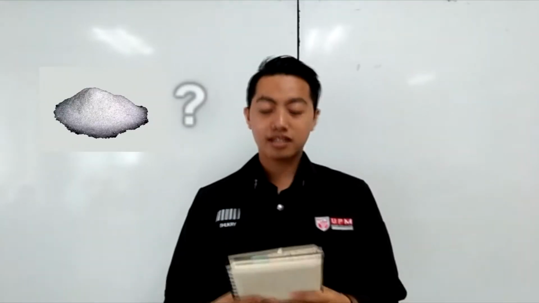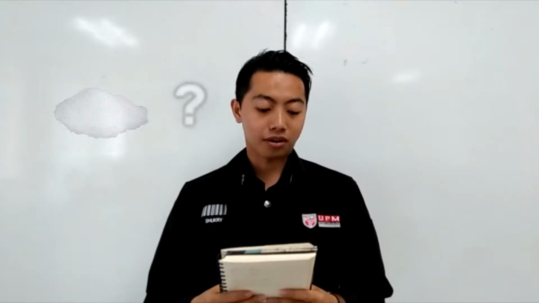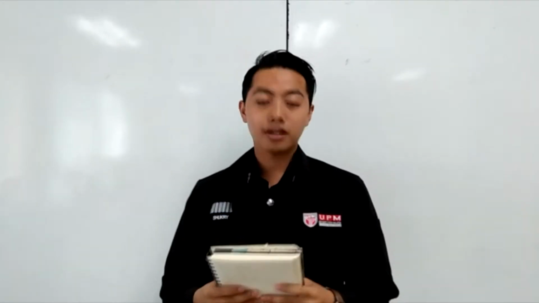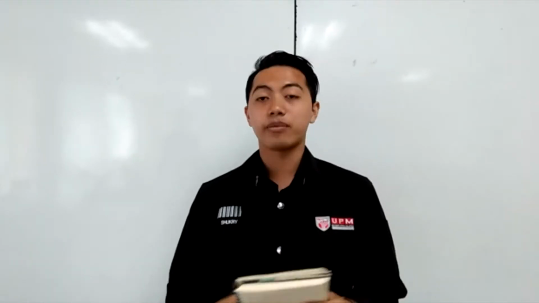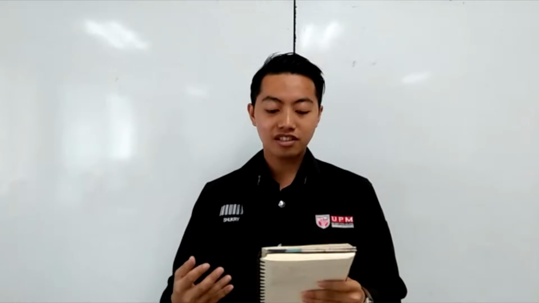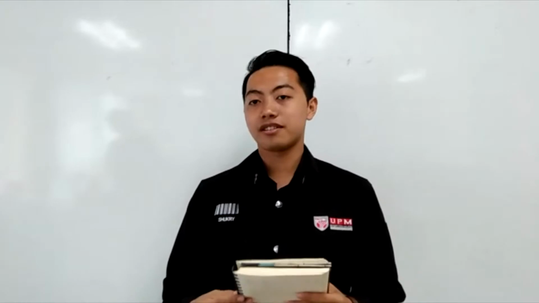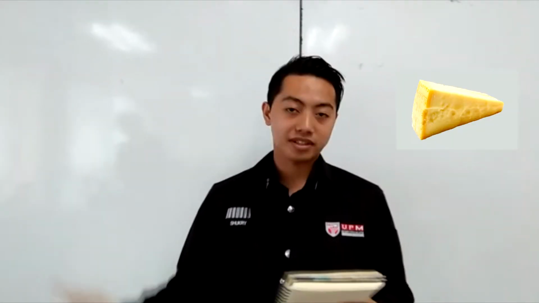So what is actually monosodium glutamate, or more popularly known as MSG? Basically, MSG is the sodium salt of glutamic acid, which is one of the most abundant naturally occurring non-essential amino acids out there. It has the chemical formula of C2H10NaO5. Monosodium glutamate can be naturally found in food ingredients such as tomatoes, Parmesan cheese and many more.